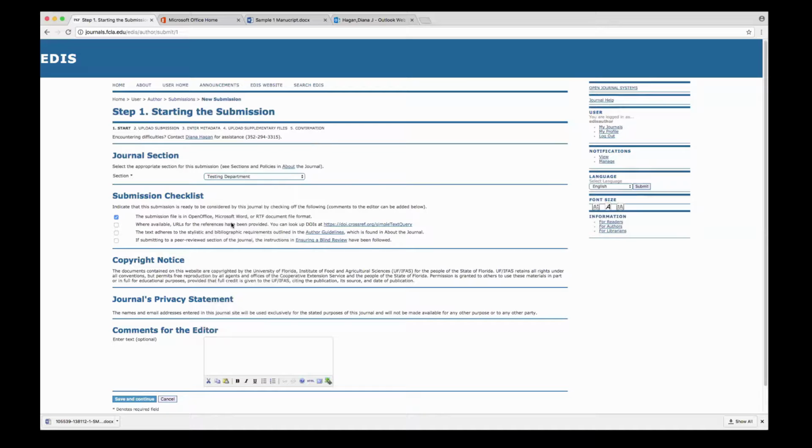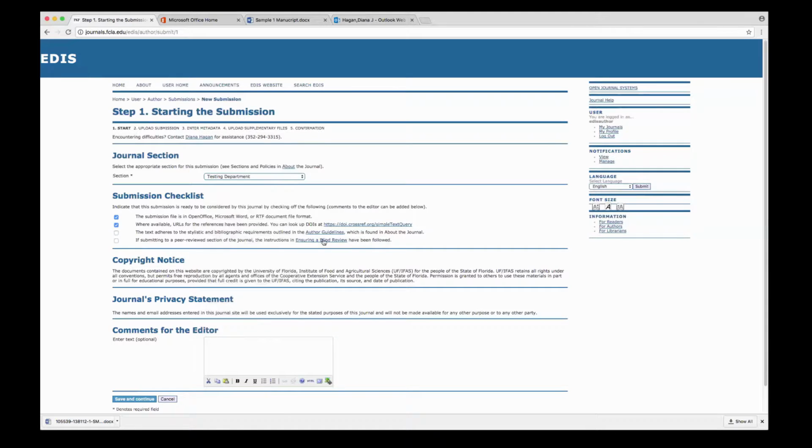So if you will do that for your citations, it will save us a lot of effort as we move forward in backtracking and looking those up. So go ahead and try, and it will help you also because it will provide those valuable links from your citations to others. The text adheres to the stylistic and bibliographic requirements outlined in the author guidelines, which is found